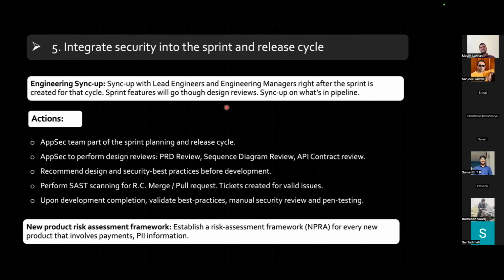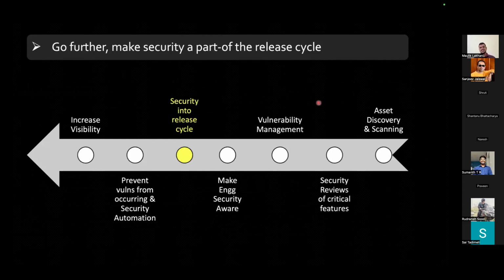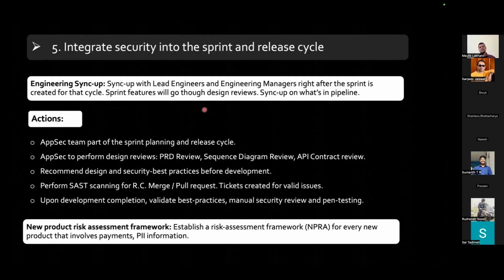So when you went without us in the past, there are 15 or 55 such instances because we have performed those activities in the past, in the last 6 months or a year. You have the exact number with the details and instances. So you can go to a particular engineering manager and say that, hey, in your business unit, in your backend service, there are these instances where your team had to redevelop, recode, re-QA, and then deploy. So in that process, your team has wasted 4 days on average, and this is the total time your team has spent. So rather, let me become part of the sprint or a release cycle,